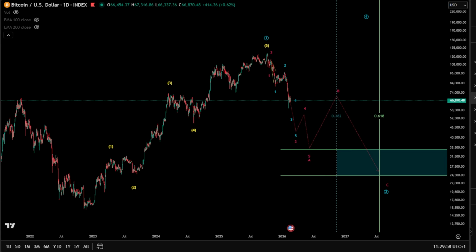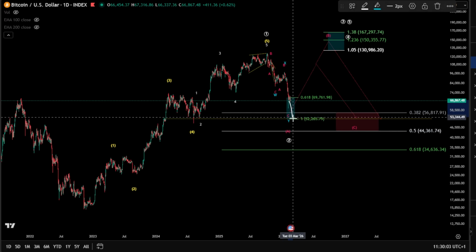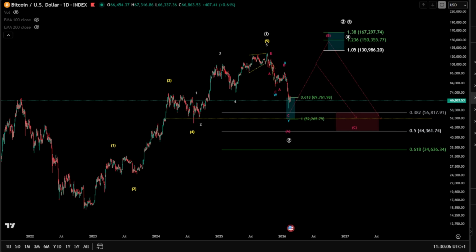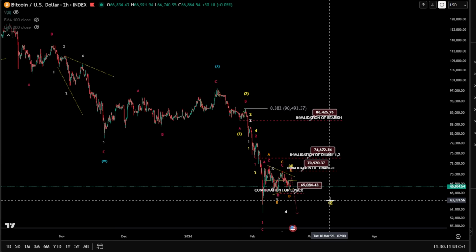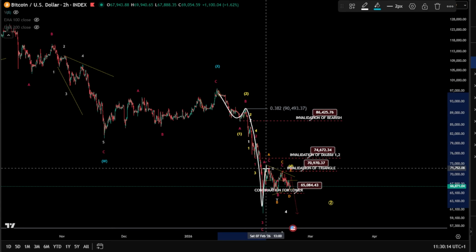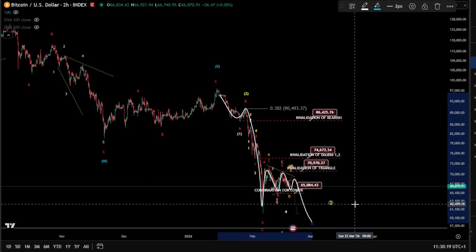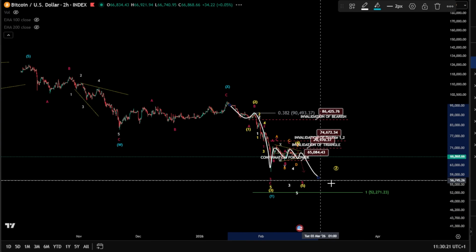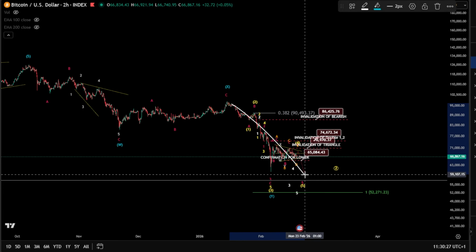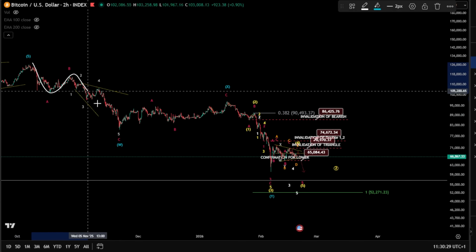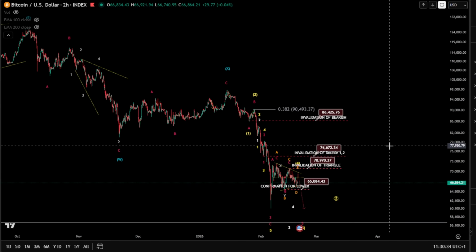Now, as per the micro level, well, it suggests, of course, that we might drop at least to the 52K here. Why? Because, of course, on the micro level, guys, we are looking at a triangle here. And that means a 1, 2, 3 here can still be unfolding a wave 4 as a triangle, and then wave 5 to be followed. And if this happens, well, it can be a finished impulse totally, which it might turn, of course, into a 1, 2, 1, 2, wave 3, 4, 5, 4, 5,